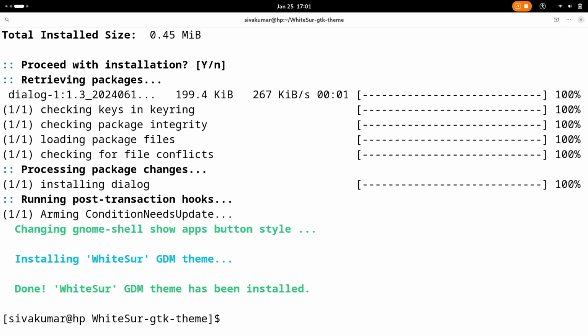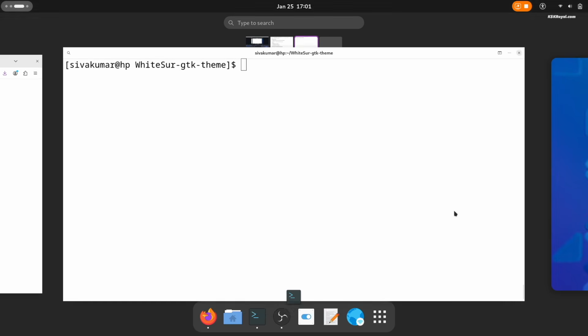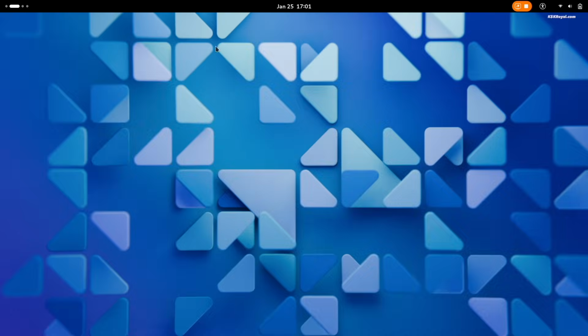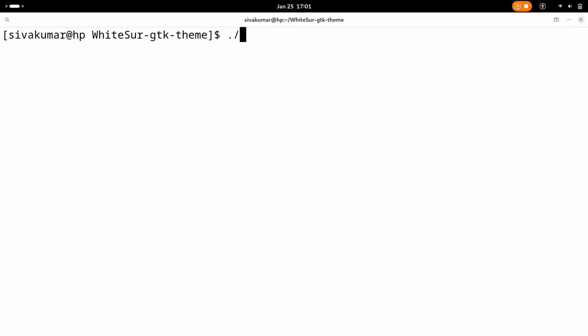Next, we will theme Flatpak applications and Firefox. First, close Firefox if it's running in the background. Then rerun the same script again without root and include the following options: the -f with the argument flat to make Firefox resemble Safari, and the -F to theme Flatpak applications.